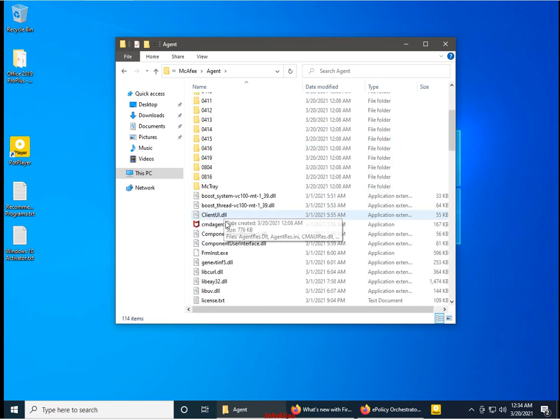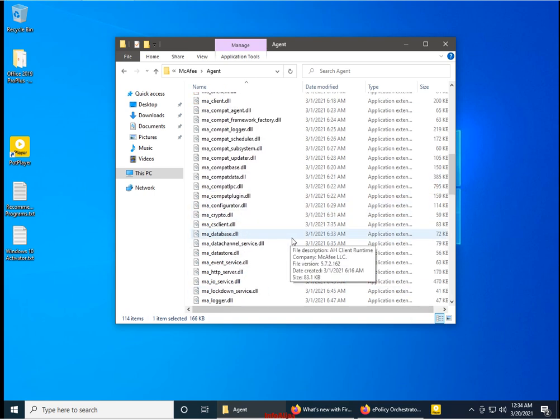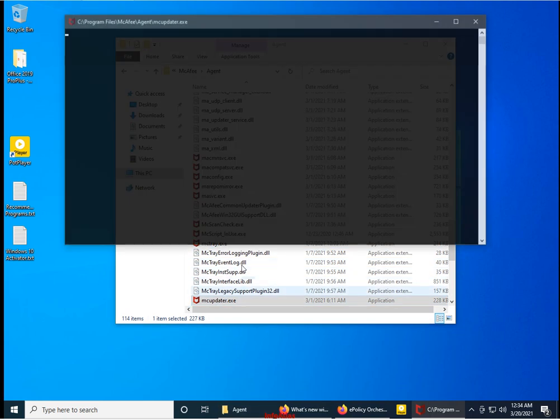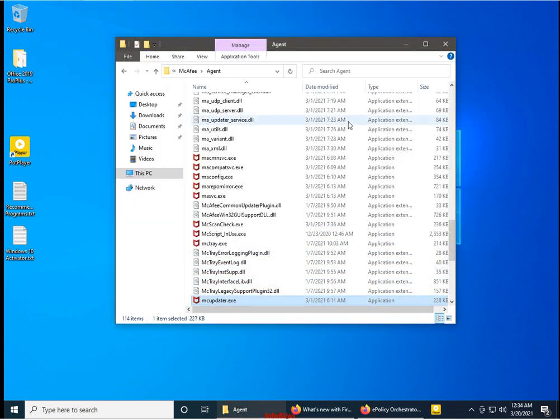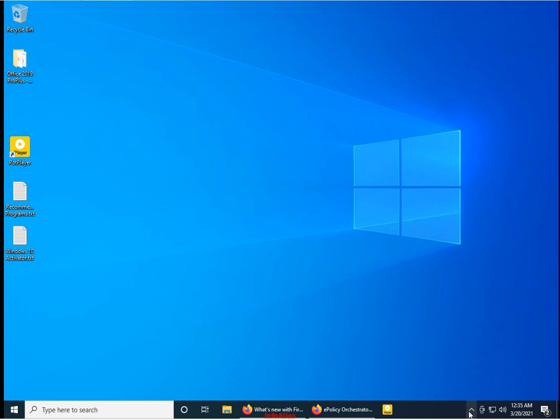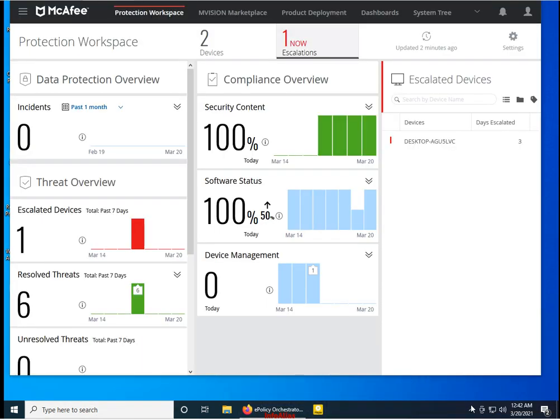This is agent, and agent will be called over here. I need to wait for a while. So now we need to just verify why agent is not visible over here.